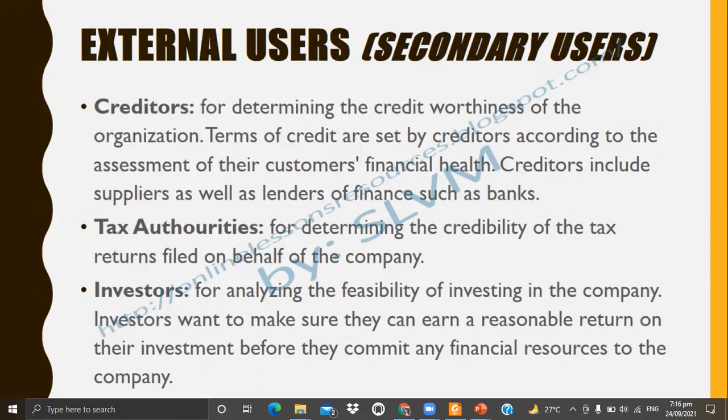Okay, so investors want to make sure they can earn a reasonable return on their investment before they commit any financial resources to the company. So yun, check nila, no, lalo na kung cumulative yung financial statement, or kumbaga yung itsura ng financial statement ay maraming years, sunod-sunod na year. So i-check nila kung per year, kung tumataas ba yung sales, kung tumataas ba yung assets, yung mga liabilities. Ayan, so ice-check nila yun. Okay, so for them to know kung babalik ba yung ininvest nila and then kikita sila doon sa ininvest nila.